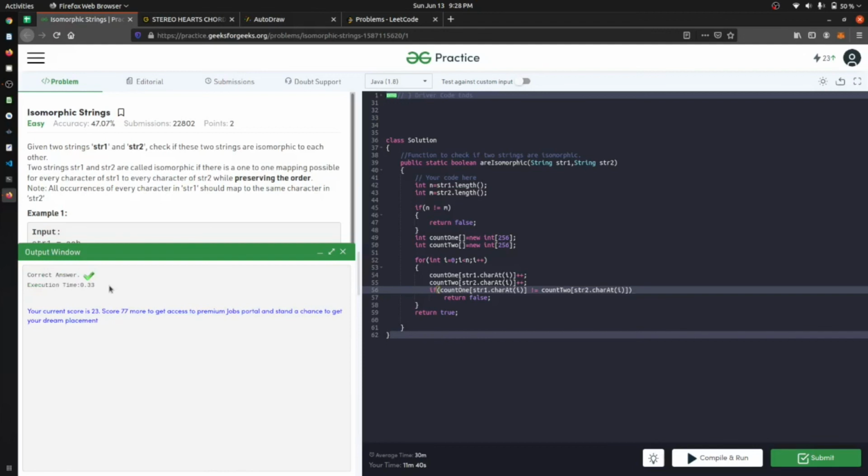So yeah, we know that the whole application is running in order of n time because there is only one loop and we are iterating over that and doing the other stuff.